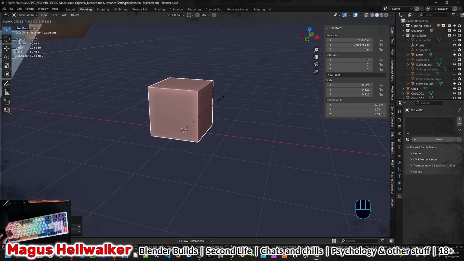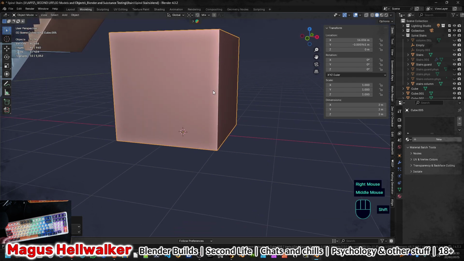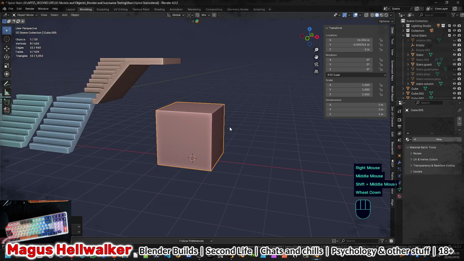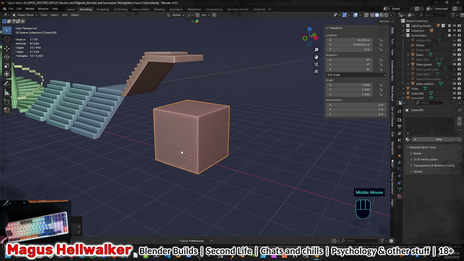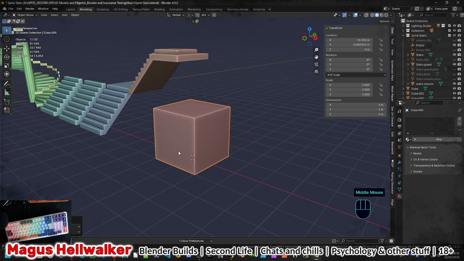Makes life a lot easier. But anyway, I'm going to ignore the actual size. These are well oversized, but generally speaking, actually 2 meters in Second Life is quite a good thing for stairs,